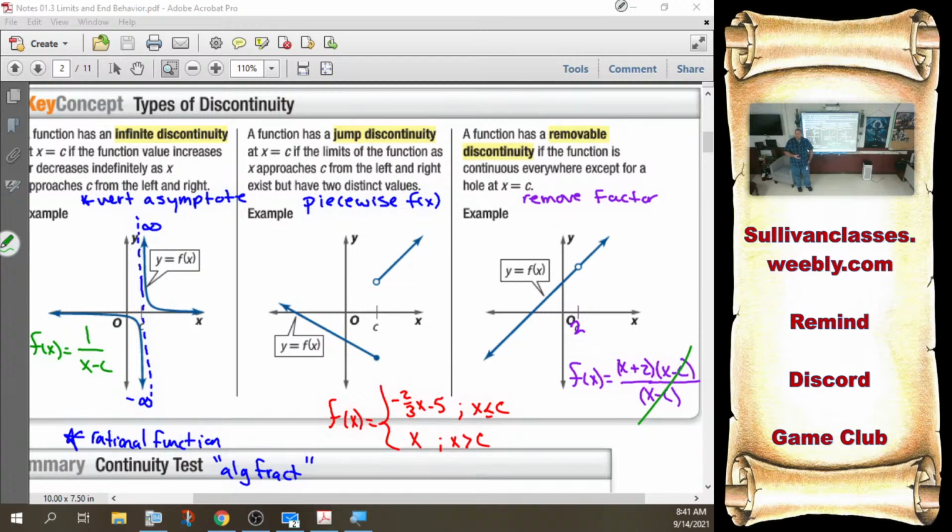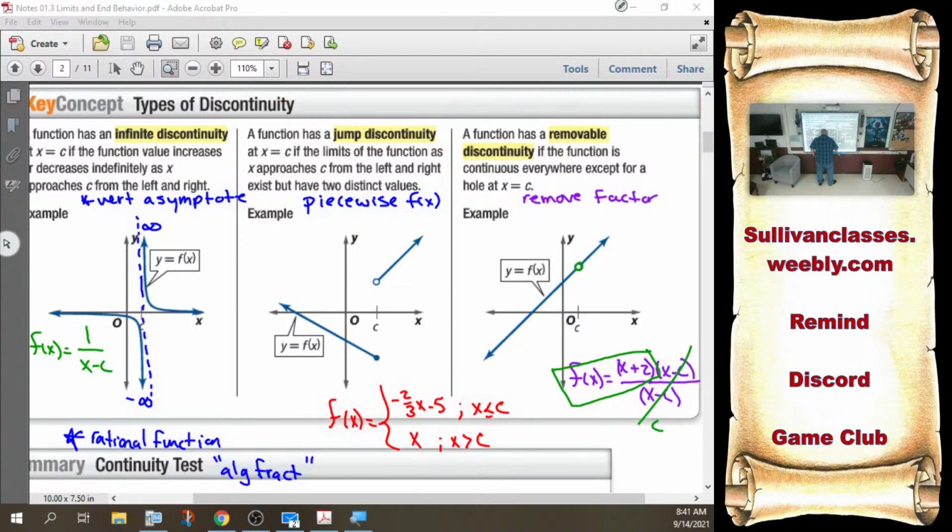I removed a factor. If I were to put in c, so c minus c, 0, like this value, well, that's the one thing that's not allowed. I will never press the C button, or in this case, like 2 or whatever it is. I'm never going to press that one button. Everything else is good. And that's why what I see as a function is just x plus 2. I just see that line, x plus 2. But there's a hole at C. This one spot is not allowed, open circle.